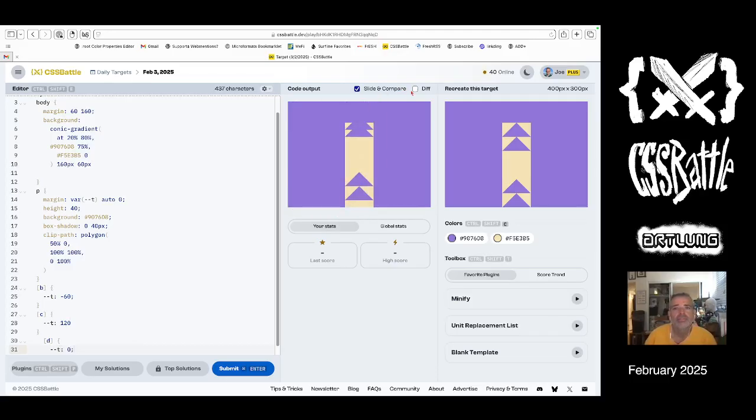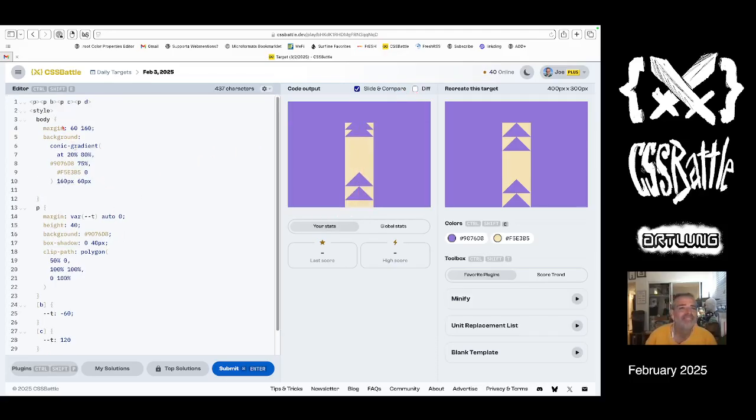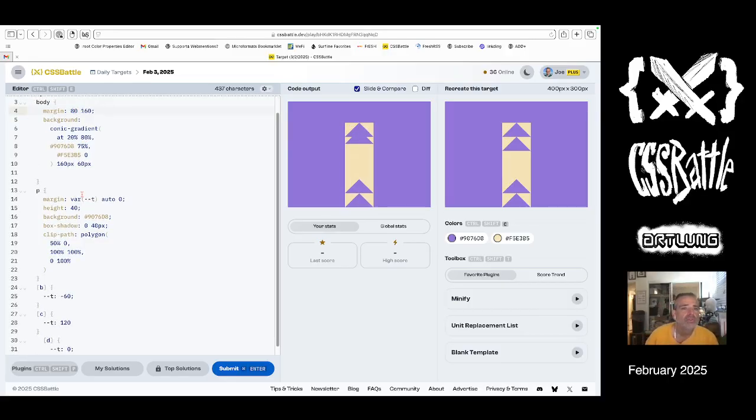Okay, we don't quite have it, but we're close. 80, there it is. So that's that margin, and then this margin is T or 0, and then this one is minus 40. No, B is, so B, yeah, so okay, here's the problem. This one,